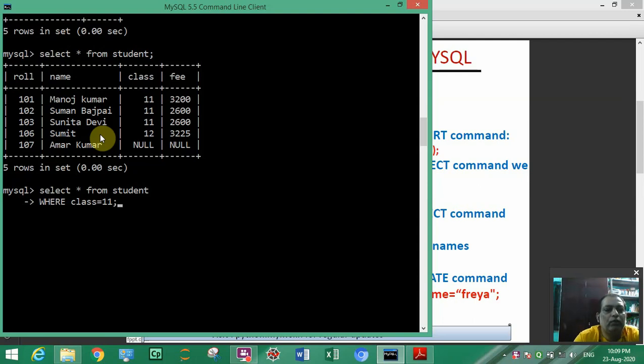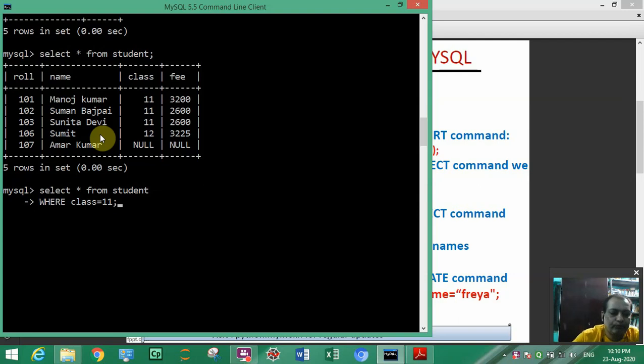Select all students who belong to class 11. So for that we have to write where class equal to 11. The where clause is only used to provide the condition in the select statement.